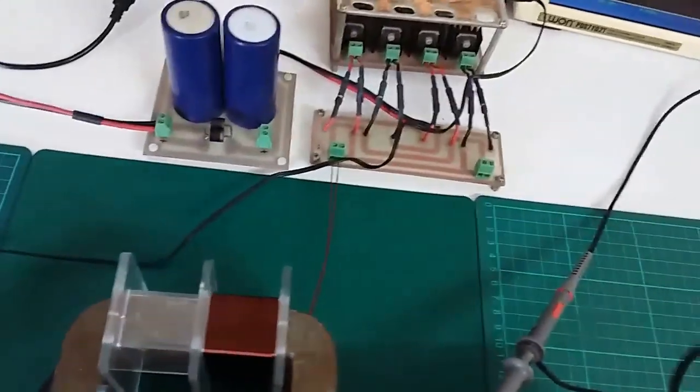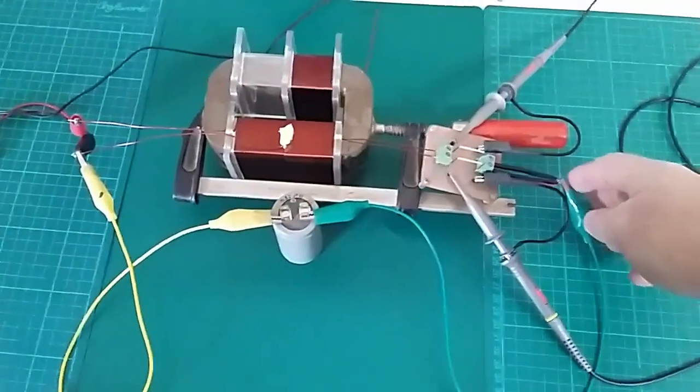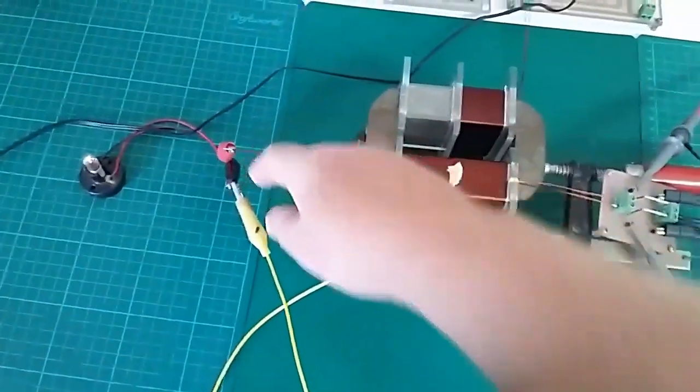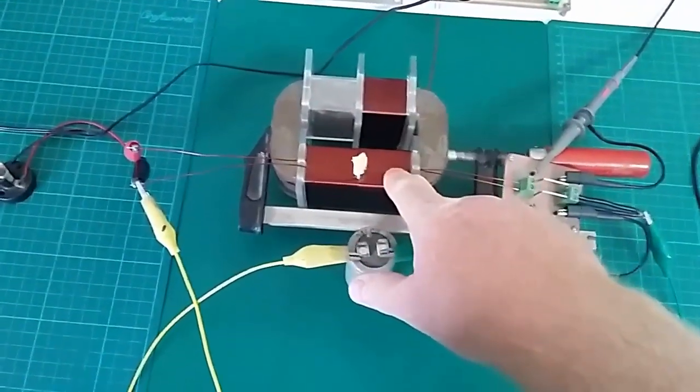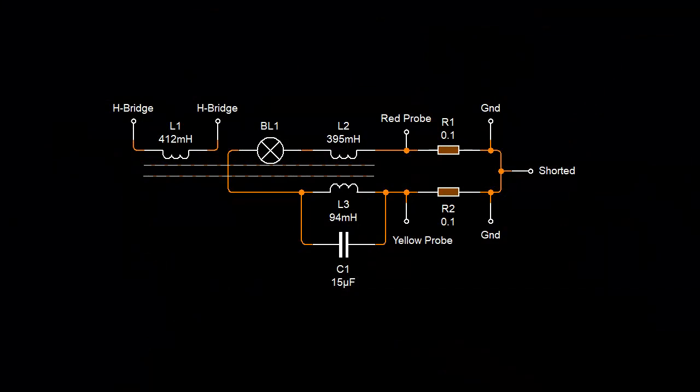And if I push this all together and try and make it nice, you can see I've got a capacitor. So the capacitor is from this end over here to this end here, and that is the small coil here. So this coil here is being brought into resonance, and because there's a difference in inductance,